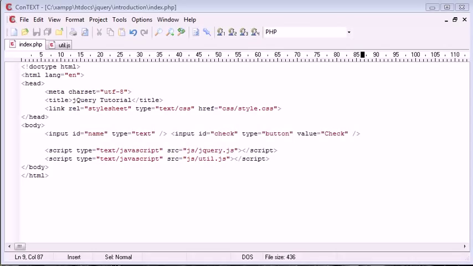Now in the last video, looking at some of the jQuery utilities with regards to functions, we looked at inArray, and this checked whether a particular value was present in an array. In this video we're going to take a look at inserting values into arrays using just the standard JavaScript, and not the jQuery library. But we're also going to be looking at the each utility, or the each function, and this will loop through elements in an array, and we're going to just display them out onto an area on